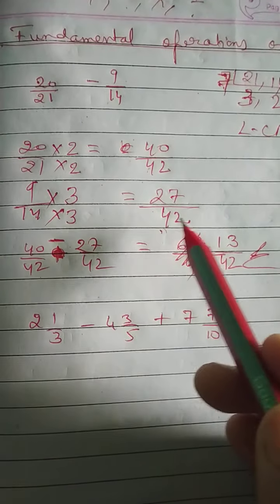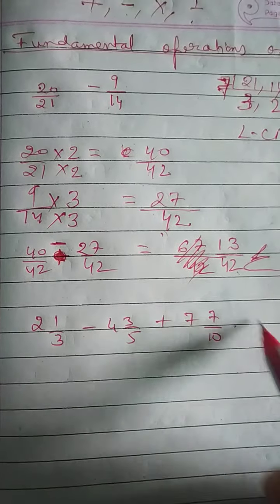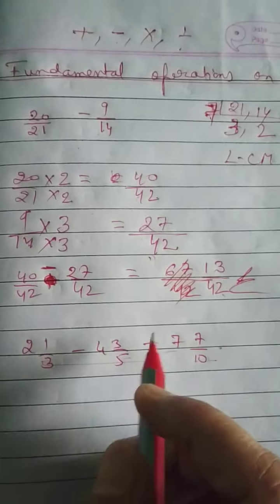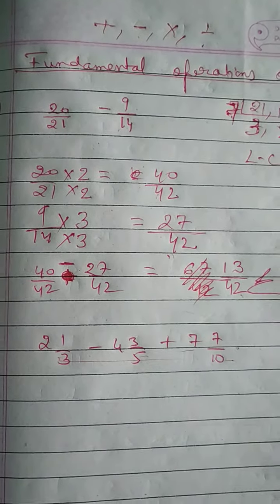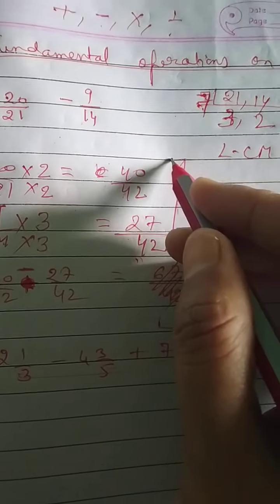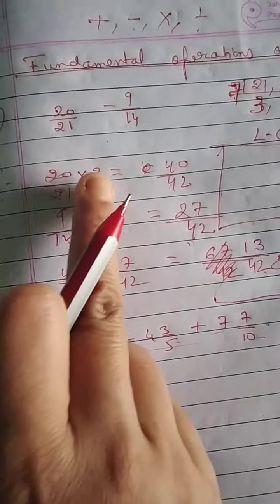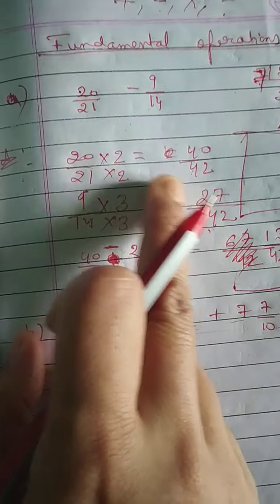Okay, first we make the denominator the same. But if there are big numbers like this, or 3 or 4 or 5 or 6 fractions, then also this method is okay. But you should learn one more method, which is very, very important and which you have to apply in your further classes. I am going to solve the same question by that method to make you understand.